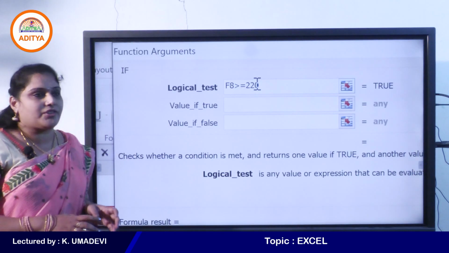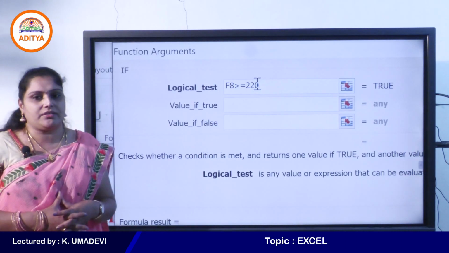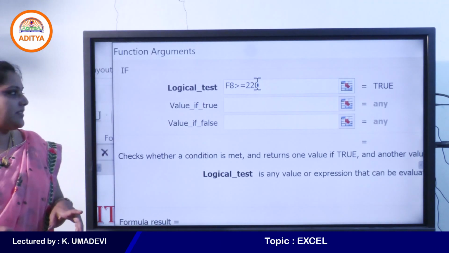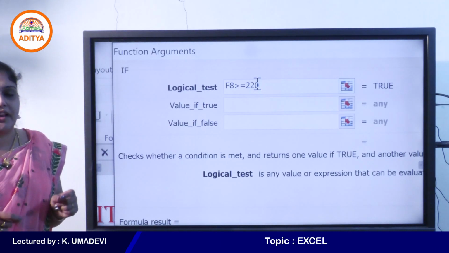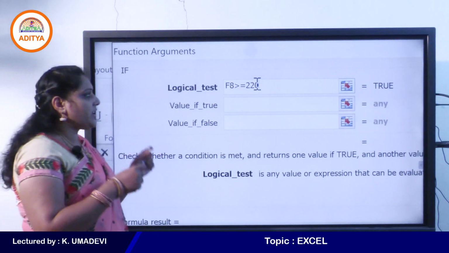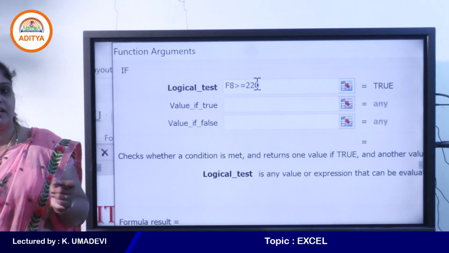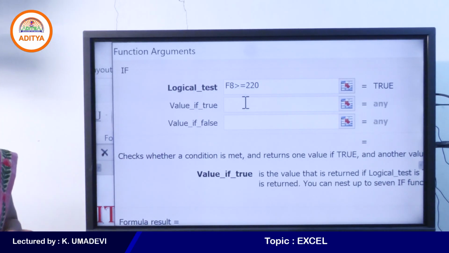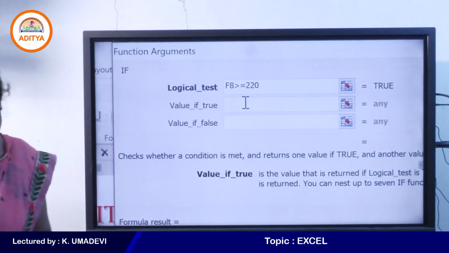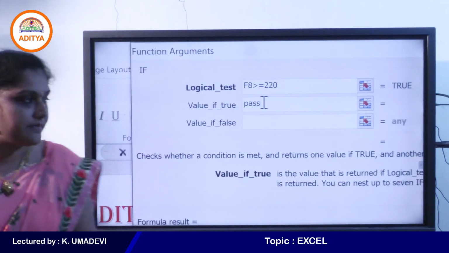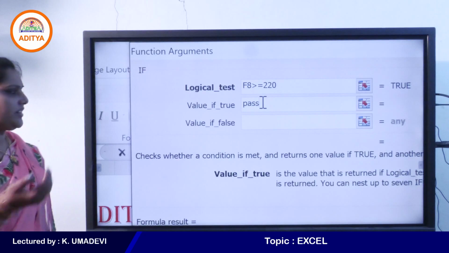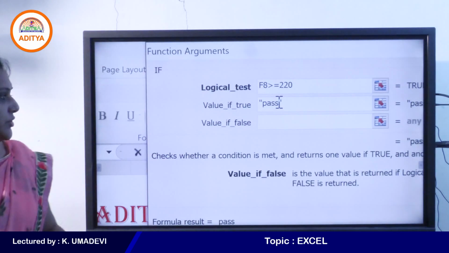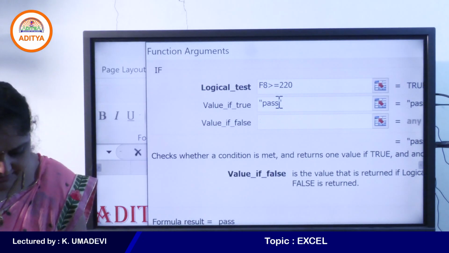Okay, just I will show you how to use if function to print our own values instead of true or false. See, if the cell value, that is the value that is available in F8, is greater than or equal to 220, then in the place of true value just I'll enter pass, or else you can enter your own text, and press tab to move to the next text box, and I'll enter fail.